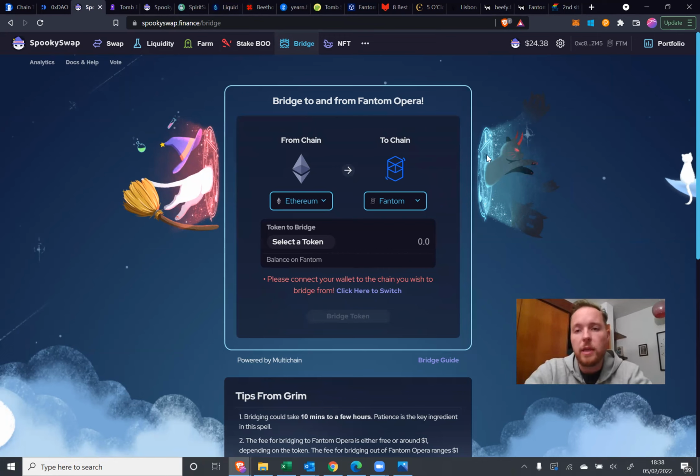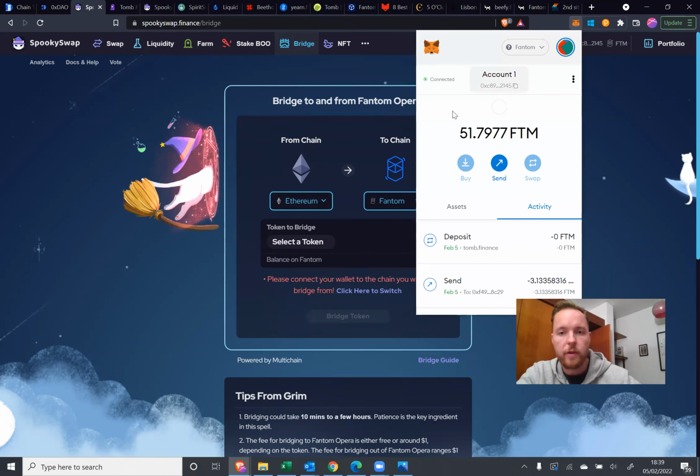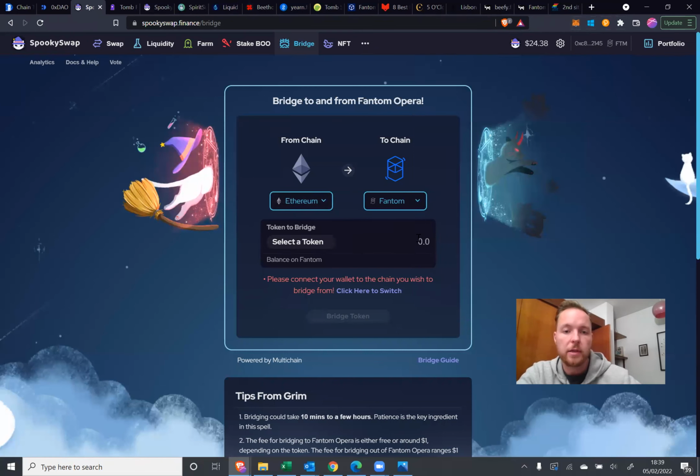So if you did prefer to fund your wallet from the Ethereum blockchain as opposed to from an exchange such as Binance, you can do that here. You can connect your MetaMask wallet to the Ethereum blockchain, and then you can select a token from Ethereum and move the tokens across the bridge. So I'll go into more detail on this in another video. I'm planning on making a specific SpookySwap video when I'll show you this, but I think for now